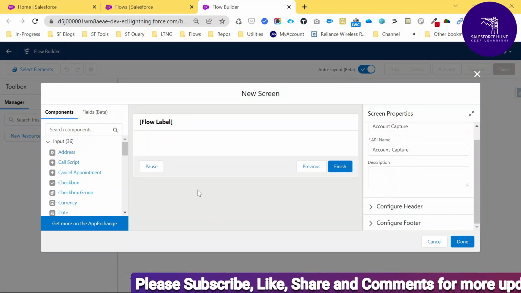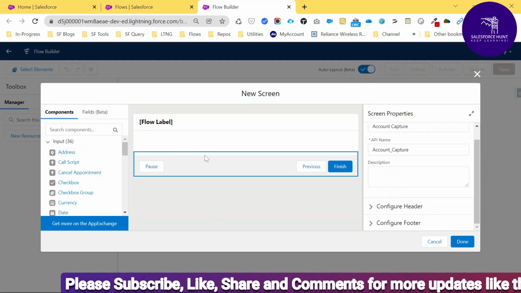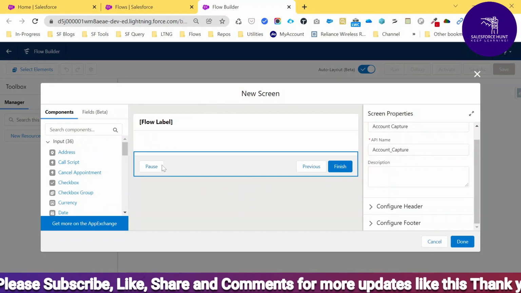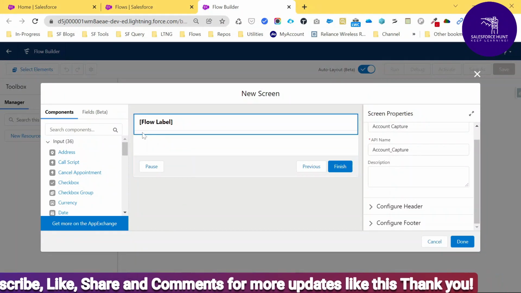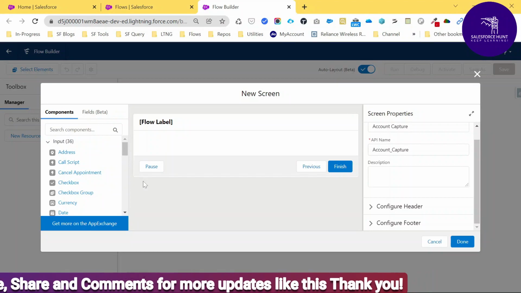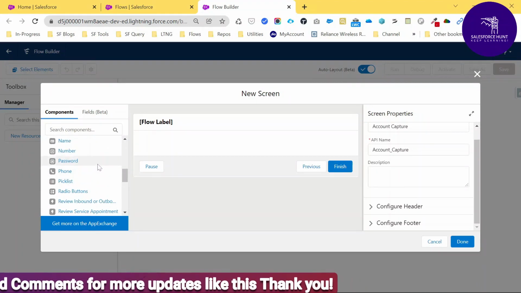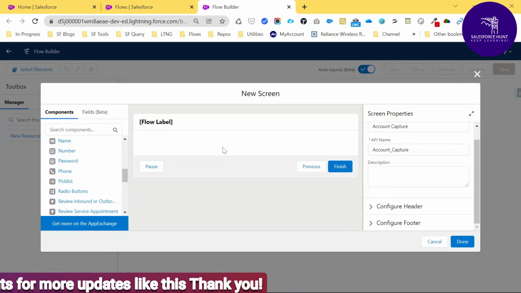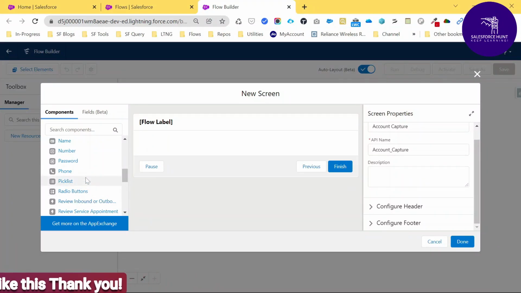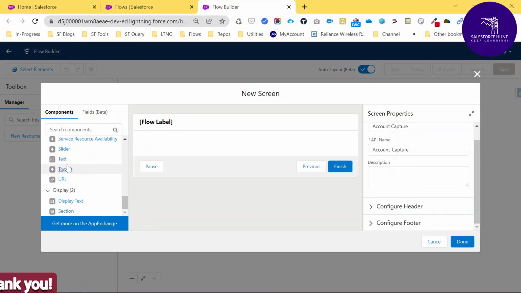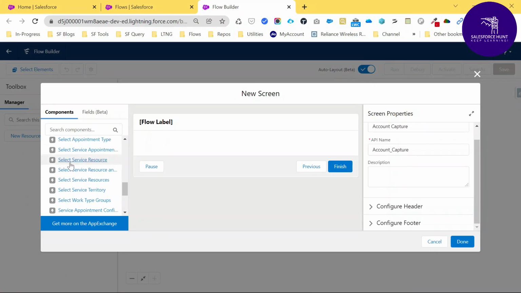First of all, let me show you how to create account records. Name is a required field on the account object, as you know very well. So let me create one input element here.